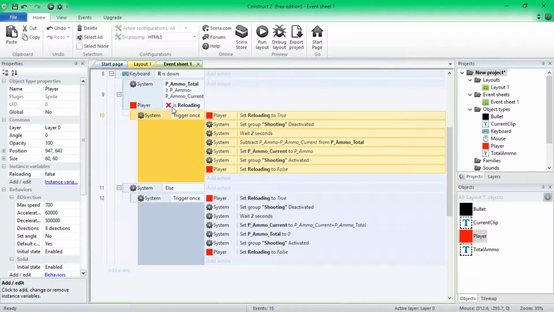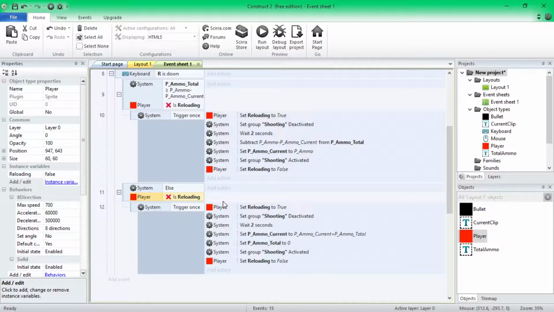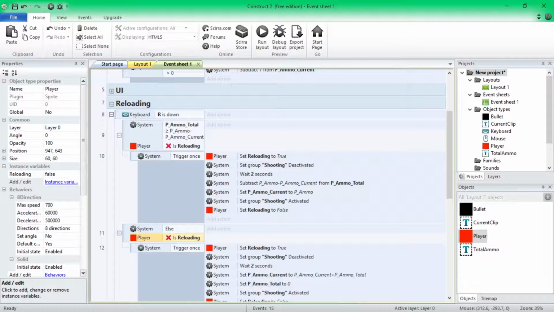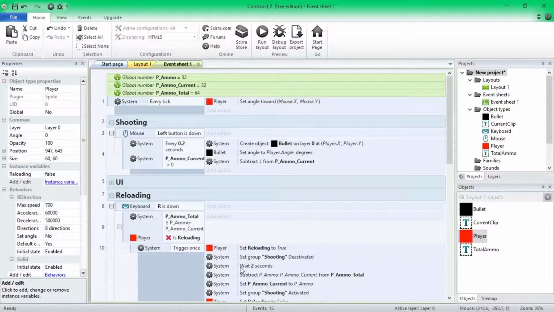And then we need this reloading here as well, so if we copy it, Control C, and paste it into this, so click here and Control V, so it's pasted into there. So that's basically all the coding for the reloading. So basically now, when you press R, there's no text at the moment, but it waits, subtracts it and puts it into here to fill the clip, and then